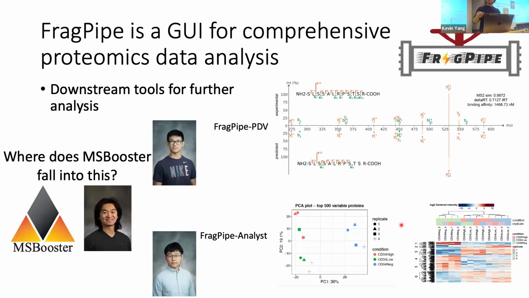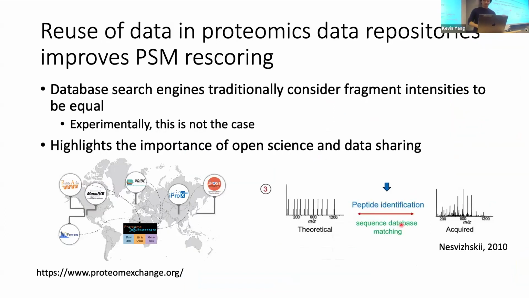So another question is, where does MSBooster fall into all of this? MSBooster was based off this idea of open science and data reuse. I'll show here, basically, one of the downfalls of database searches is that you're not taking into account the differential intensities of all your fragments. So you see here, this is the acquired spectrum. You see there's a lot of variance in how these fragments are being expressed. But in the theoretical database search, you're basically thinking that all the fragments are the same intensity,